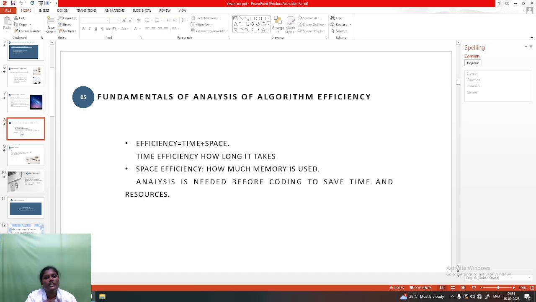The fundamentals of analysis of an algorithm. Efficiency equals time plus space. Time efficiency is how long it takes. Space complexity is efficiency in terms of how much memory is used. Analysis is needed